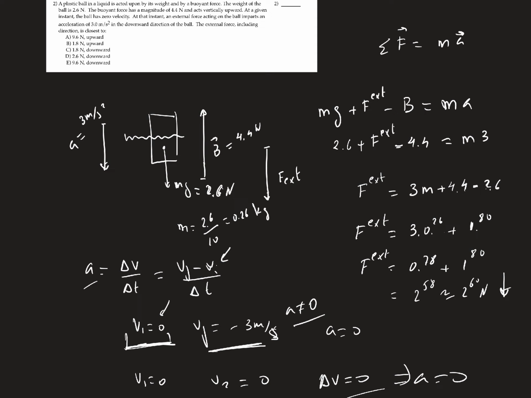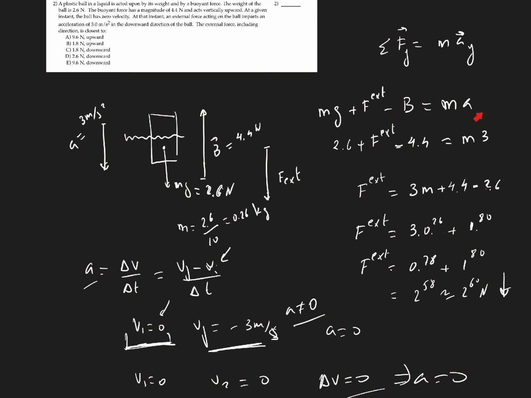You are going to write this equation in the y direction. So you are going to write the sum of all the forces in the y direction equal to the mass times the acceleration. What are the forces acting in the y direction? I see the weight going downwards. I see the external force going downwards. And I see B going up, so it's going in the opposite direction as the acceleration, minus B, equal to the